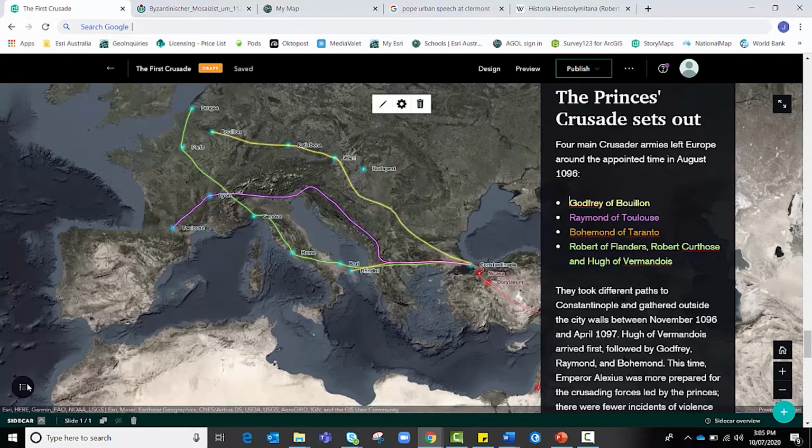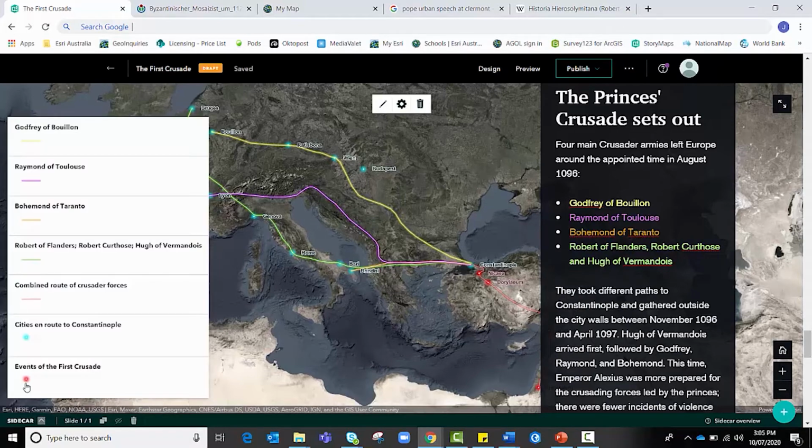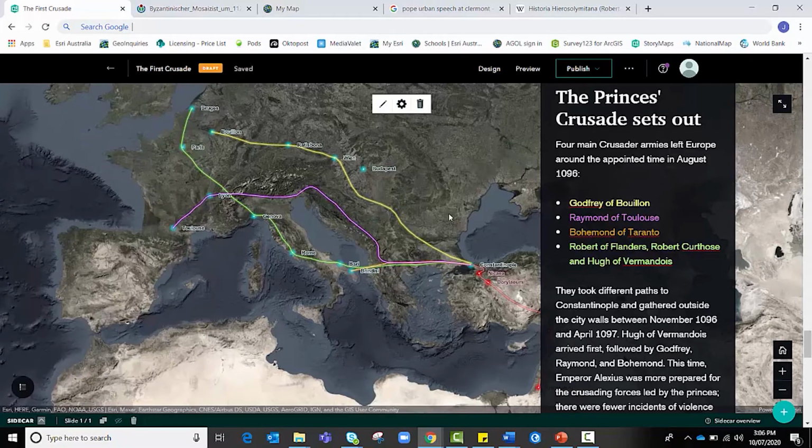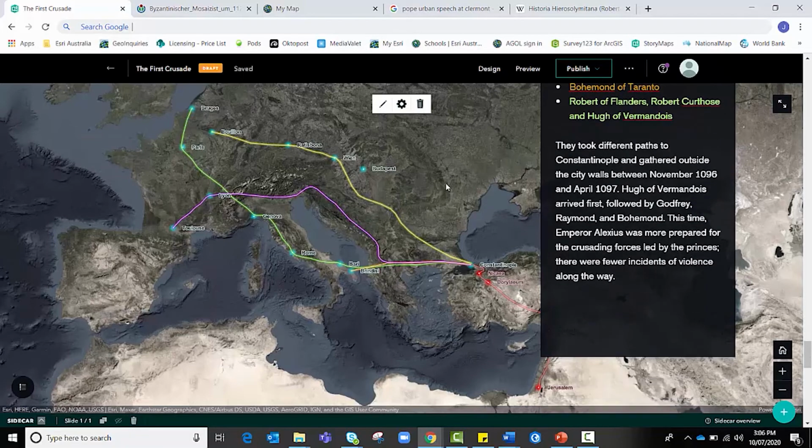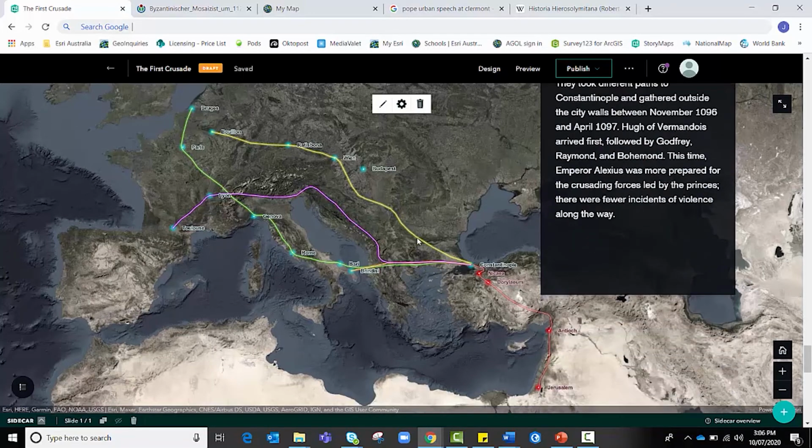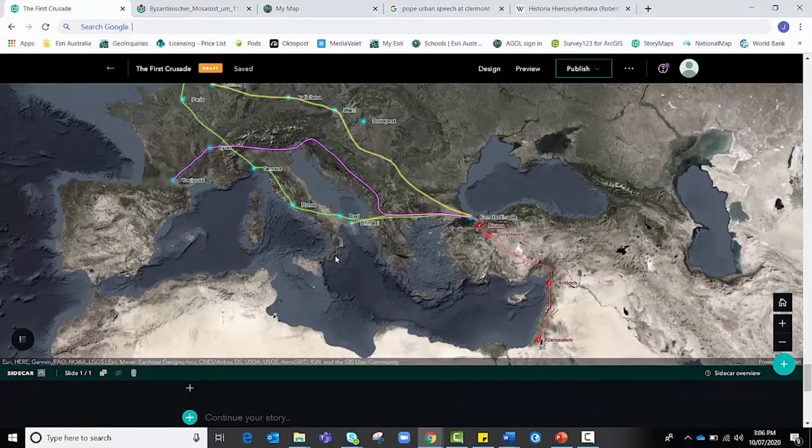Now I didn't need to do that. I do have a legend, however, hey, it might help some of my readers quickly access what the map's about, and it means that they might not even need to use this legend, which does at the moment block a little bit of my map off. So there's an added option for you to do. Now the great thing about Sidecar is you can continue to add to the one map if you wanted to,